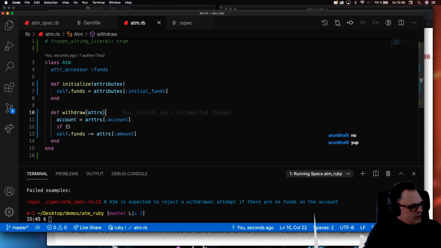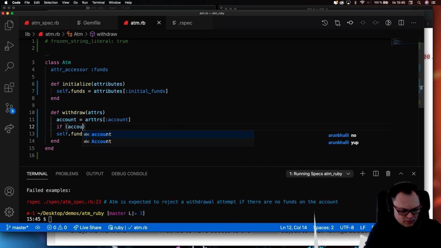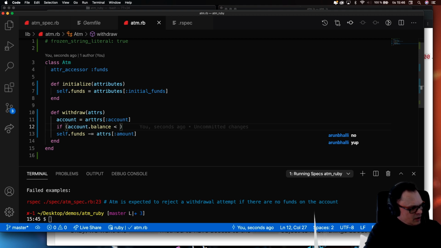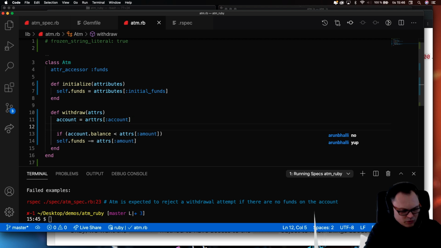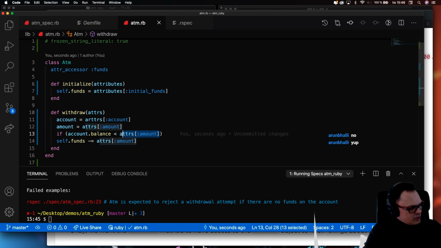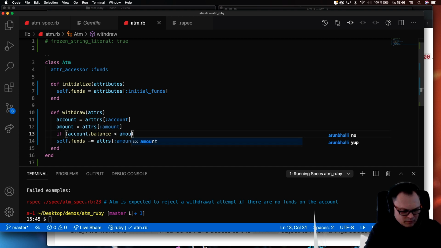And then if account balance is greater than, is this the greater than, smaller than, yeah, if it's smaller than the amount, which I probably need to intermediate is store in a variable instead because it's more readable, right? Amount to withdraw, then we do this,